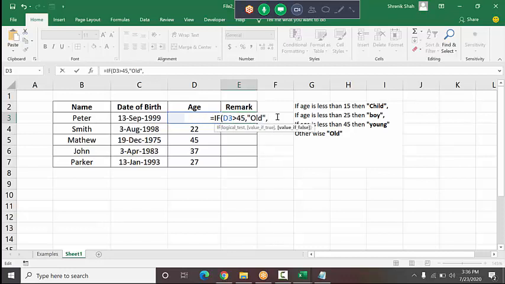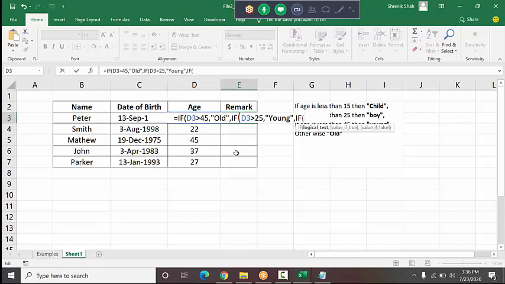I give a comma, I again type another function because we are given 4 conditions. I again check the value D3: if it is greater than 25, I type young. I type young and I give a comma again. Again I type another IF function.